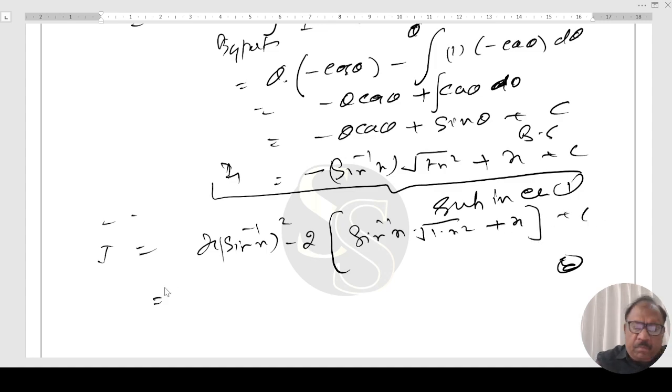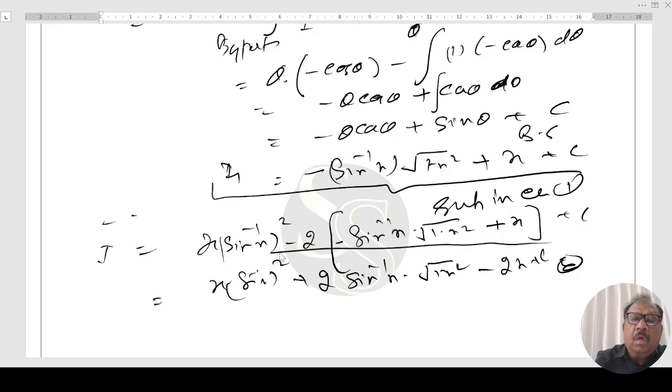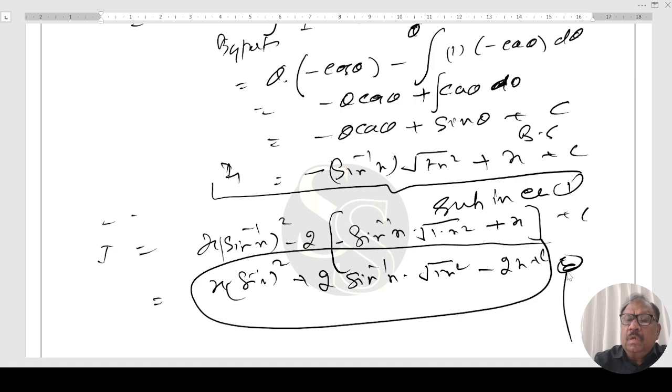So on simplification, this comes out to be x (sin inverse x) whole square, then this is minus sign, so minus plus 2 sin inverse x under root 1 minus x square and minus 2x plus c. This is the answer. Right? इंटीग्रेशन बाई पार्ट्स क्वेश्चन में एक दफे भी करनी पड़ सकती है, 2 दफे भी करनी पड़ सकती